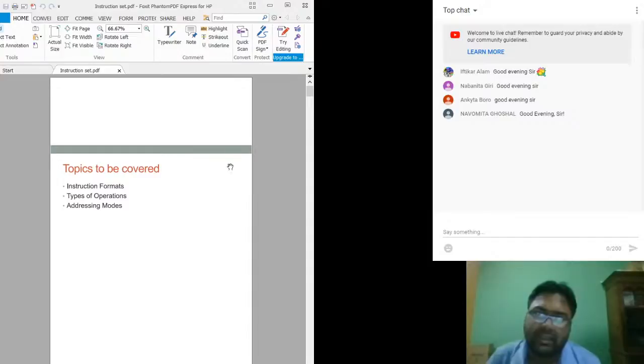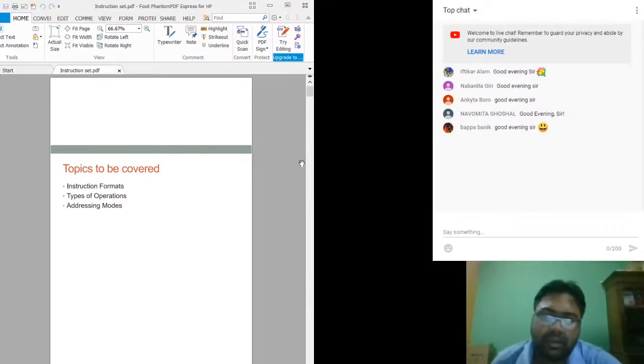We have already seen these things in lab, so I did not take this unit previously. Why? Because unless you have some knowledge of the basic machine instructions, you will not be able to relate the things properly. So first we covered these in lab. Now I think it is a good time to review these things, or at least you can understand how these things work. So let us start.